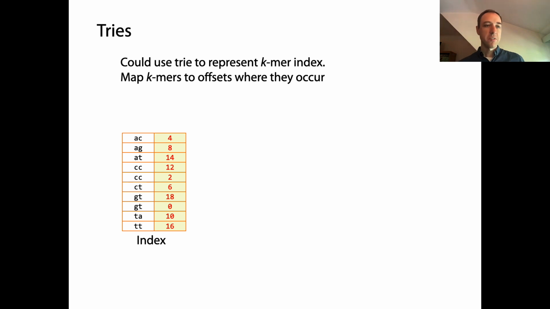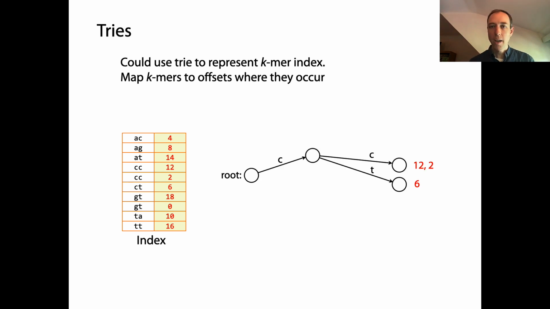And I'm giving a suggestive example because this index here is a k-mer index of a string, where these are k-mers of length 2, right? K equals 2. Okay? So we could take all of these and put them in a trie, and I'll just show a piece of the trie. This isn't the whole trie, and as you can see, I'm arranging it left to right on the slide. This is just a piece of it. But you can see what we've done, right? So starting at the root, I've now shown here,